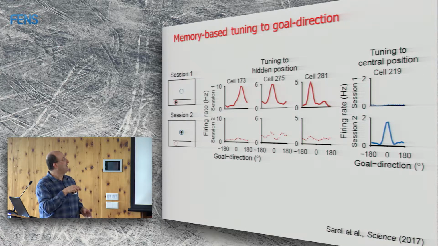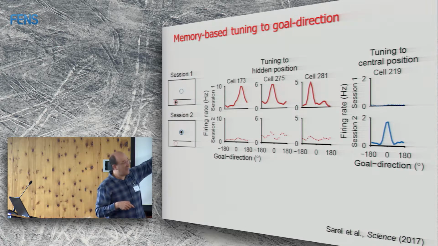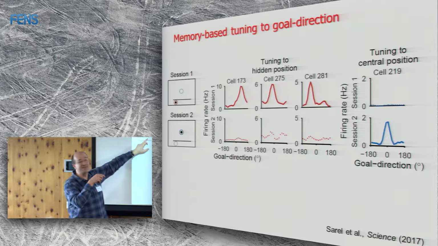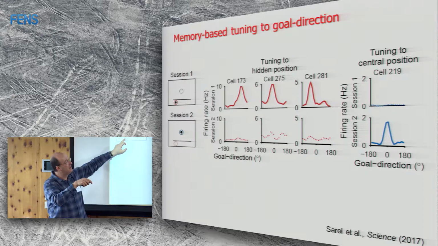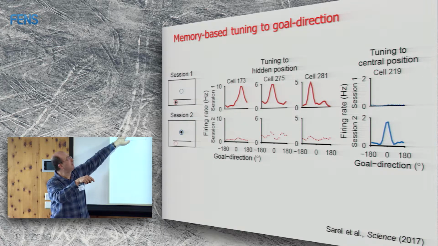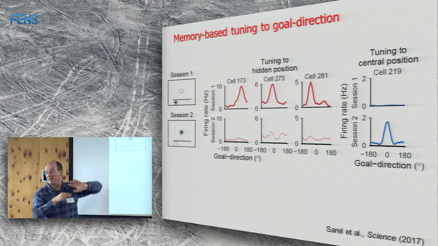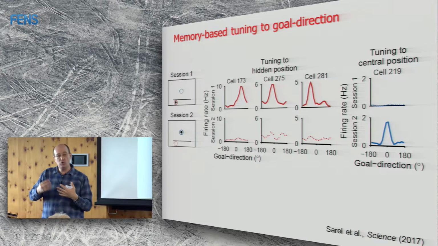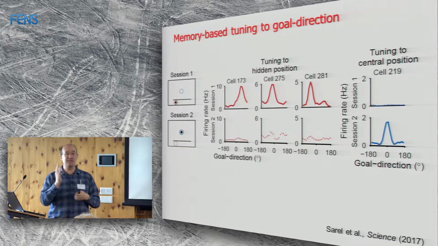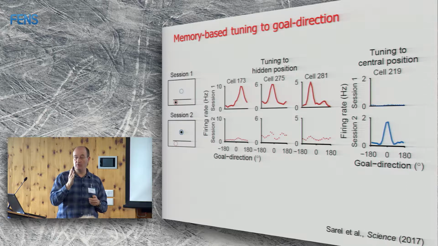And when computing the tuning to the same position in space, but when the goal was not there, in the second session, the neurons became almost flat. And conversely, this neuron likes to respond to the central goal, when the goal was in the center position, but it goes completely flat at the same position in space when the goal is not there. So from here you can see 2 things. One is that there is a representation of a hidden goal, kind of through the wall, which I think is